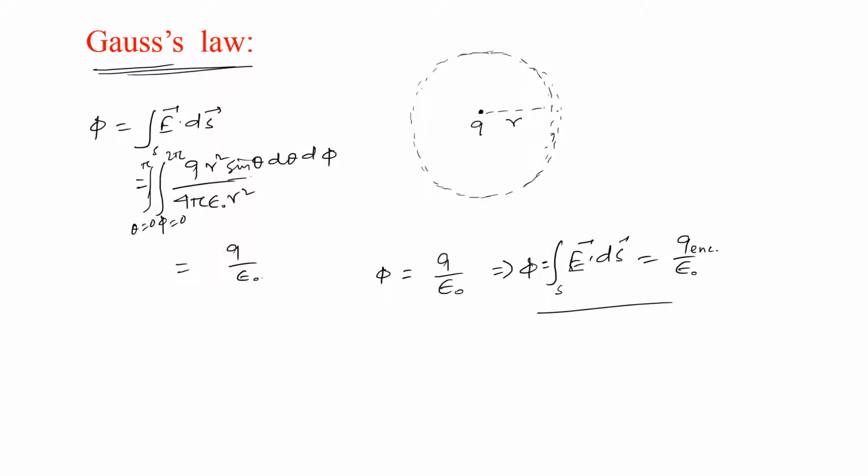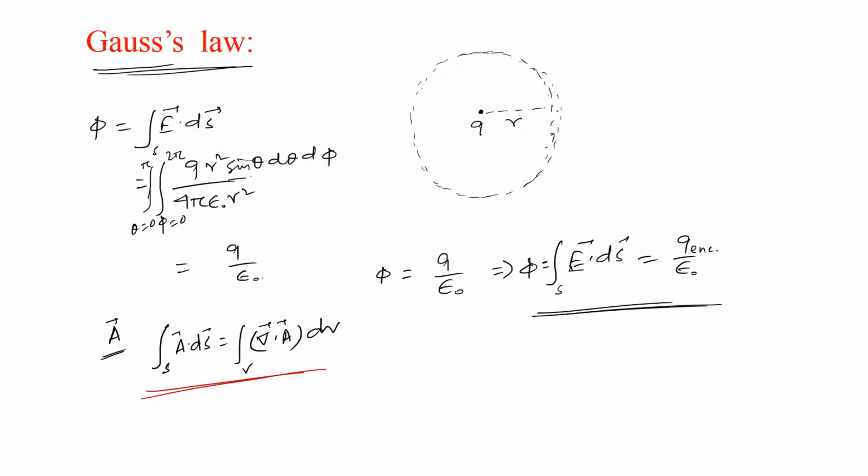And this equation is in integral form, so it can also be written in differential form. Now for this conversion we have to use the vector method. Suppose we have a vector A, and according to Gauss divergence theorem, the surface integration of A dot ds equals the volume integration of divergence of A dv. This is the basic Gauss divergence theorem. We can put it here for the left side also, and the total charge can also be written as charge density multiplied by volume,